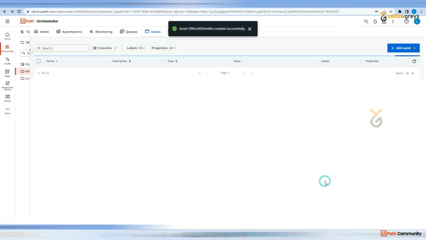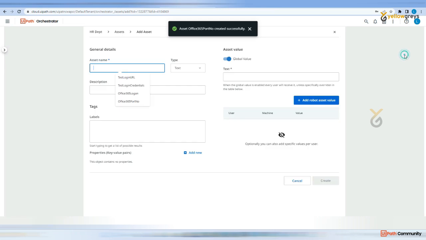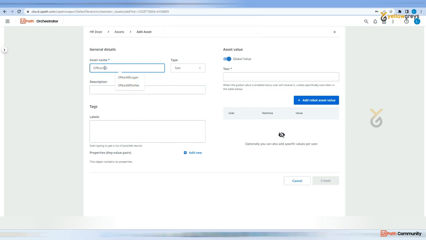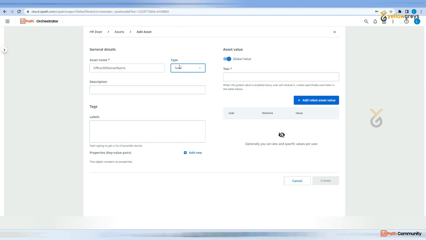Okay, click on create. Port number is done, and add server and Office 365 server name. Okay, that is text. Go to Google, and what is the server name? SMTP mail outlook.com. Okay, go back, add it in the text, and here just add a description